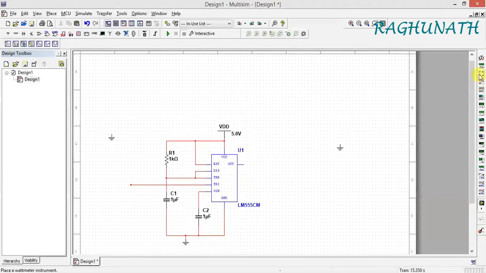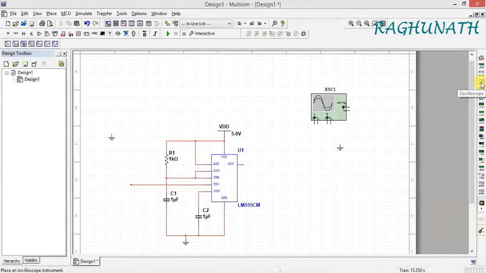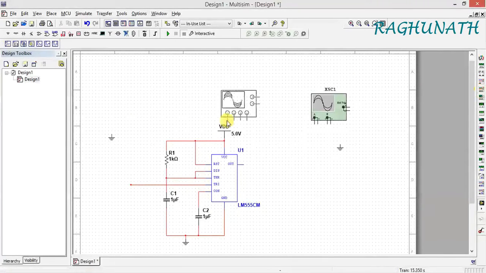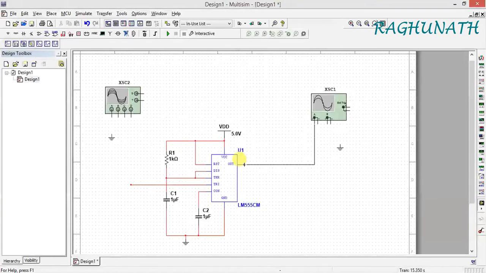I require 2 oscilloscopes. One you place here, another one place here. So 2 oscilloscopes, because 3 waveforms we have to see. One you connect to the output pin number 3. Second one to